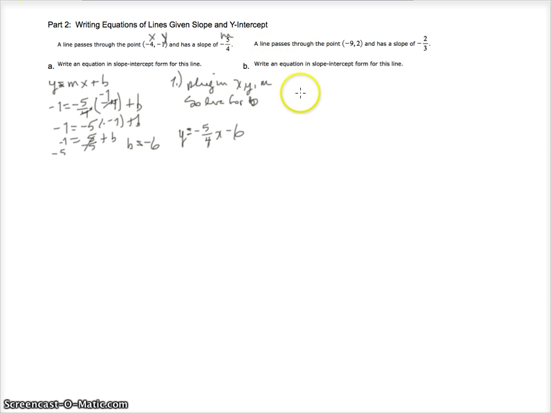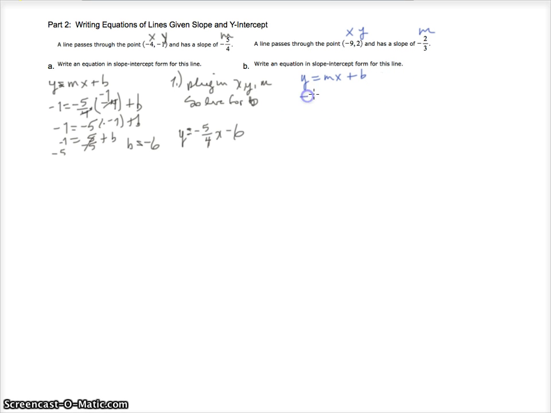For part B, a line passes through the point (-9, 2) and has a slope of -2/3. So here again I have x, I have y, and I have m. So I'm going to plug these in. So I have y equals mx plus b. If I plug my stuff in, solve for b, this gives me